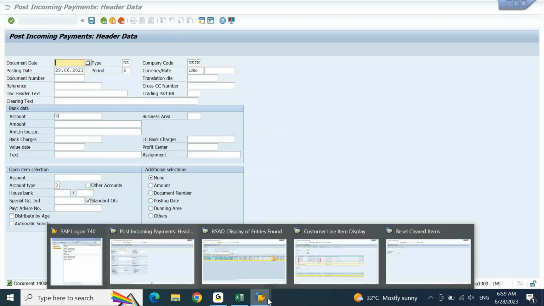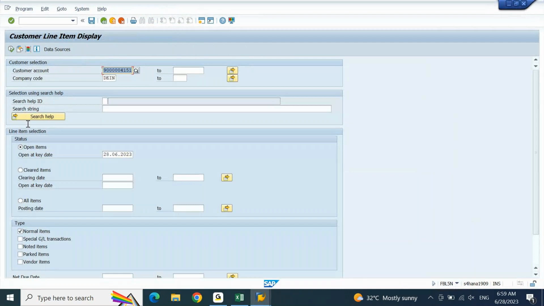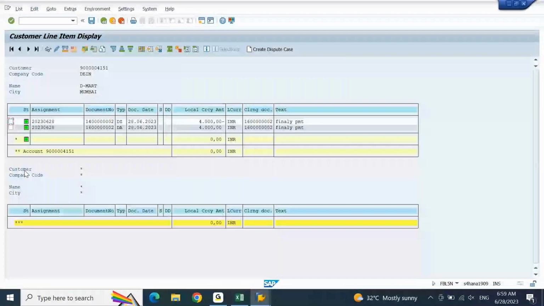Once the entry is posted, let us go to cleared items. If you go to cleared items, there is nothing, because it was posted as part payment. Since it was posted as part payment, you are not able to see the outstanding. If I go back,